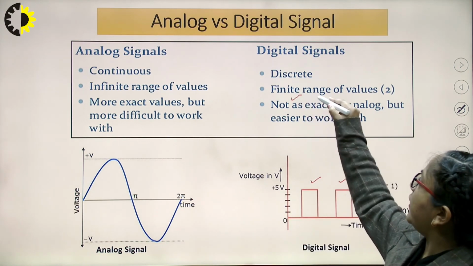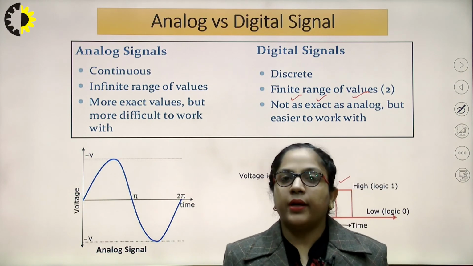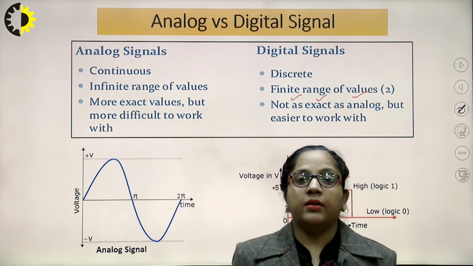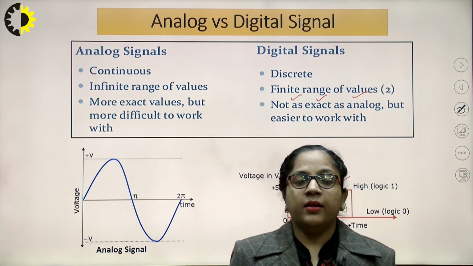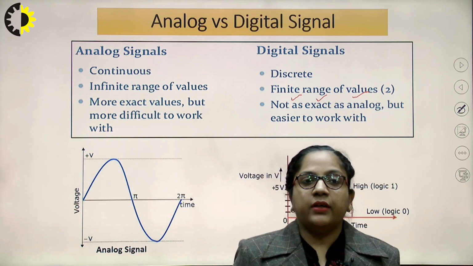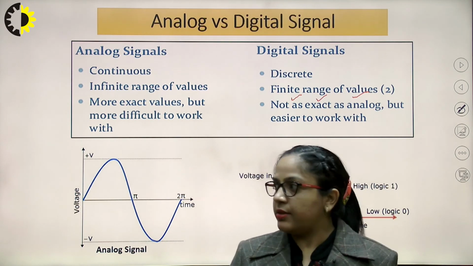It will have finite range of values. Analog signals are more accurate. They will give us more exact values, but they are also difficult to process. They are more sensitive towards the noise,